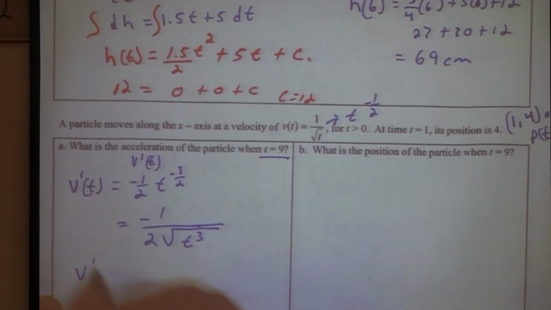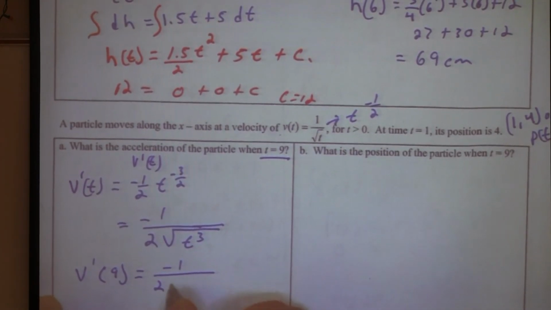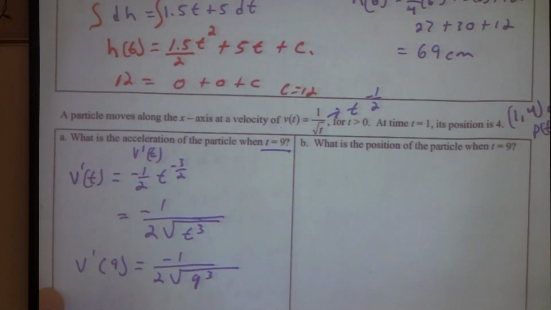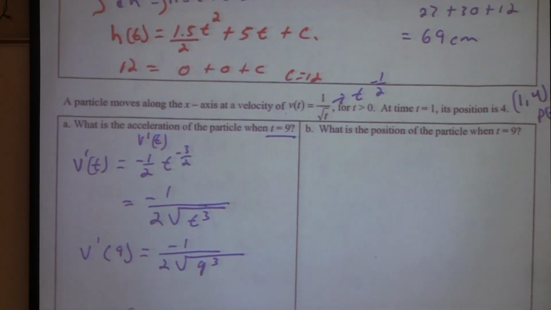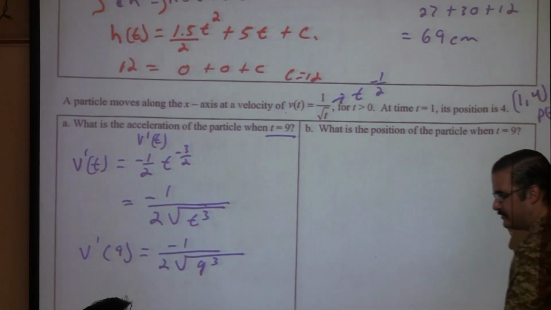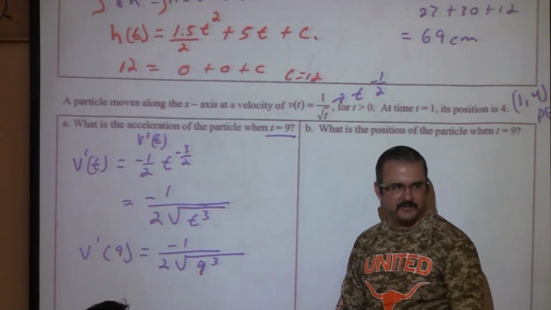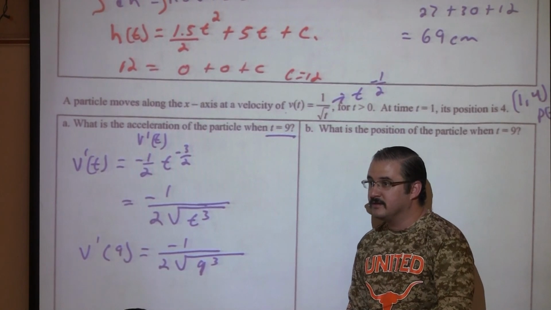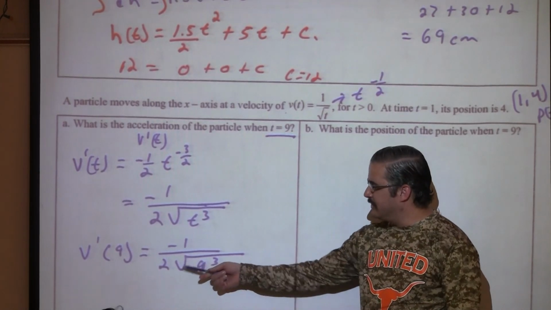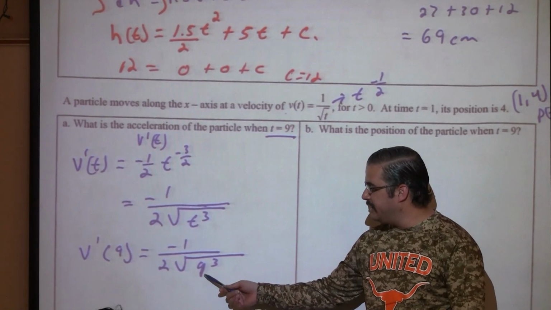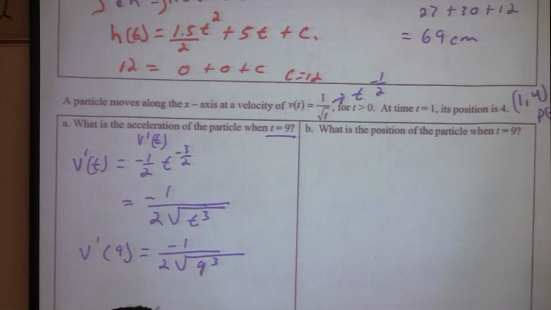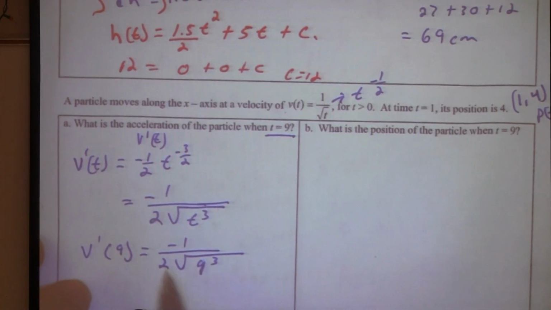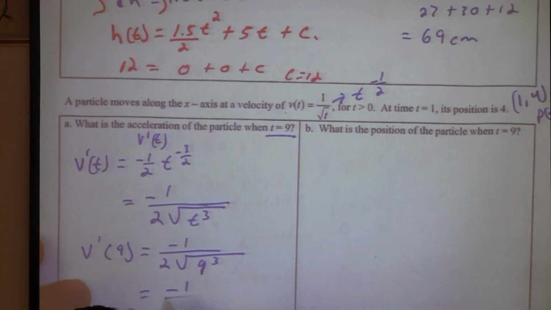All right, so now we want v prime at 9. Is that 81 times 9? We can leave it like that, yes, but let's go a little bit further to practice. So do I want to raise 9 to the third, or do I want to square root it first? You could actually decide which one to do first, it doesn't matter. What would it be? 81 times 81. I think it'd be easier to square root it, right? So what's the square root of 9? 3, and then raise that to the third. So what's 3 to the third? 27. Negative 1 over